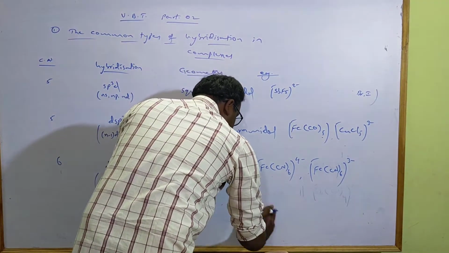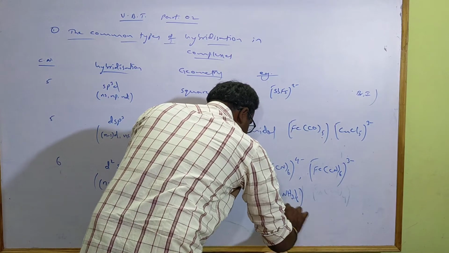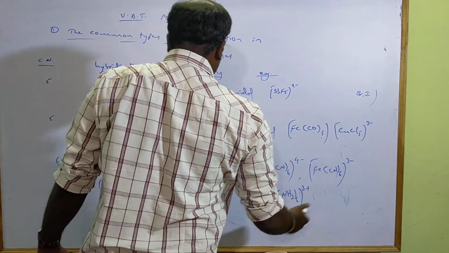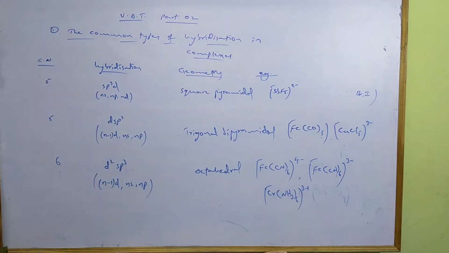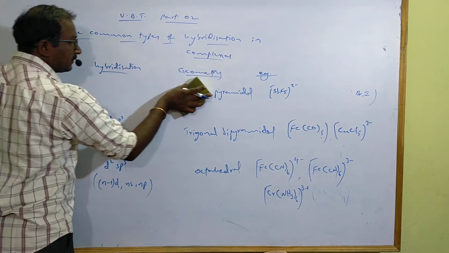[Cr(NH3)6]3+, chromium, [Cr(NH3)6]3+, [Co(NH3)6]3+. Like this we can write any example if the coordination number is 6. And the last one,